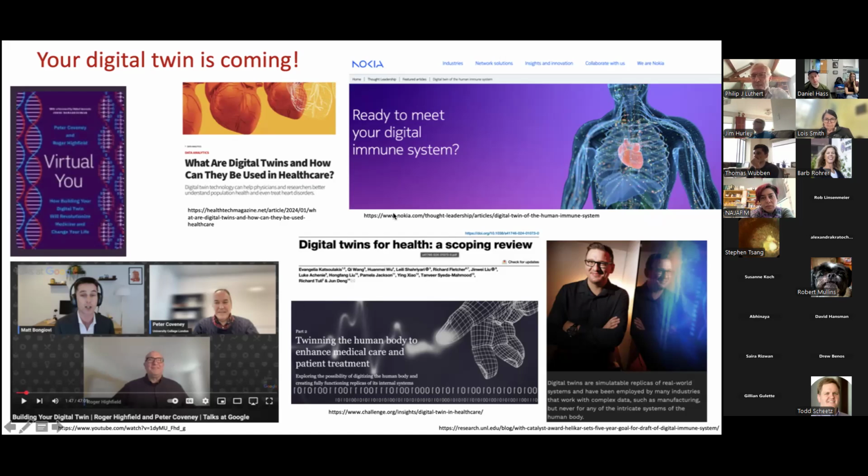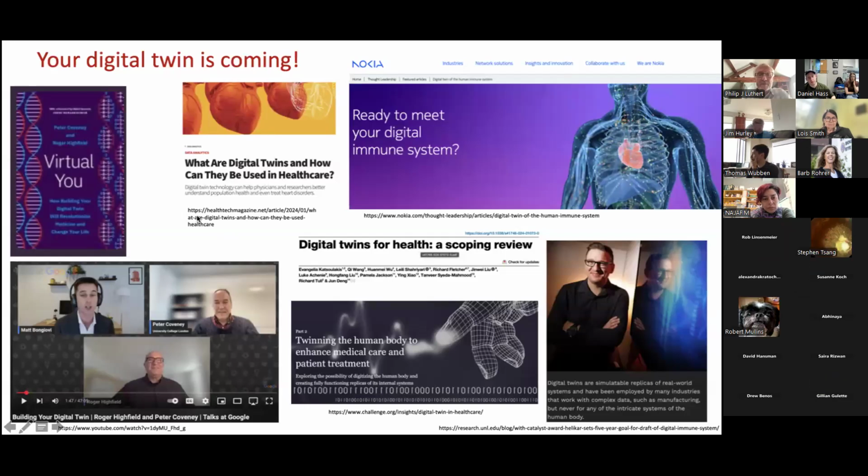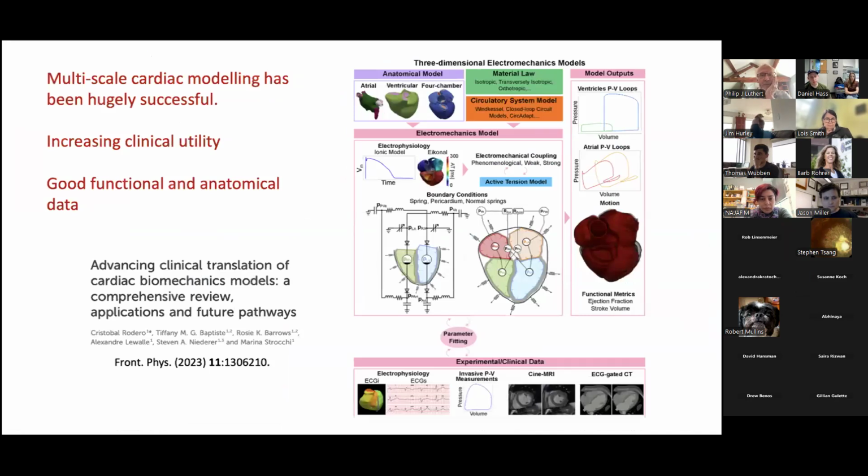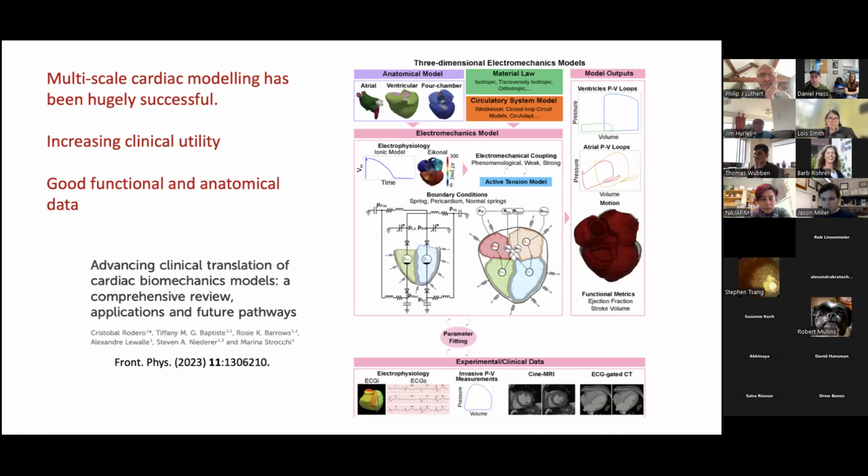And this is just a random collection of things I pulled off the internet. But the area where digital twinning for healthcare has really become established is cardiology, where it's increasingly finding utility in everyday management of patients. It's perhaps worth wondering why cardiac modeling has been so successful. People have been working on it for a long time, and very smart people have been working on it for a long time. So that has a lot to do with it.